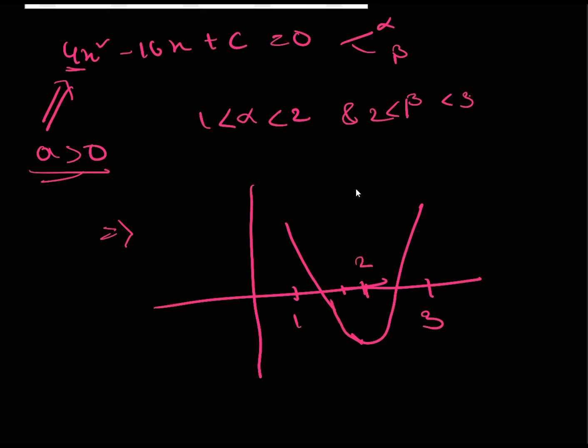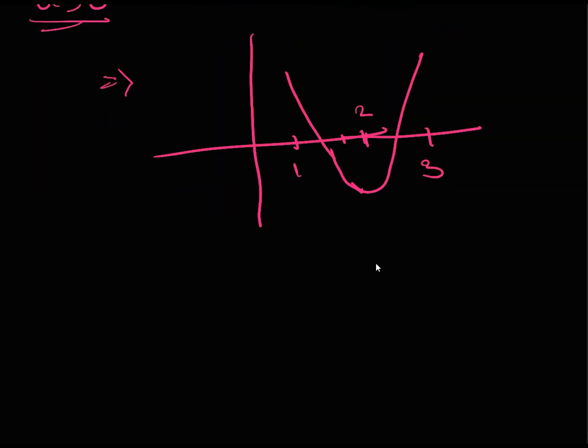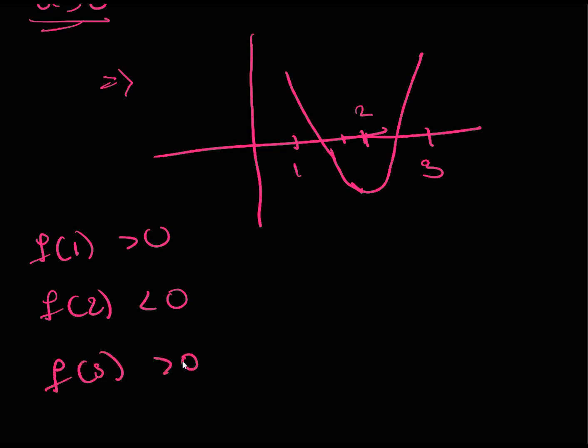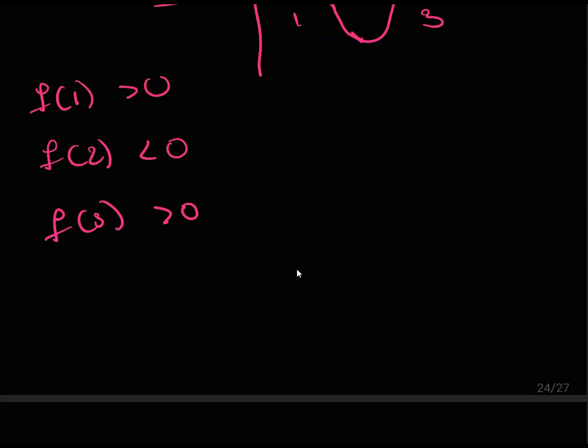with 2 here. Therefore, we will get three equations: f of 1 should be greater than 0, f of 2 should be less than 0, and f of 3 should be greater than 0. From equation 1, we will get that